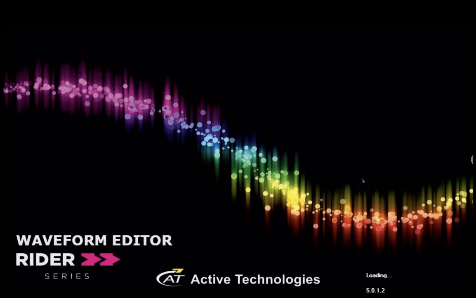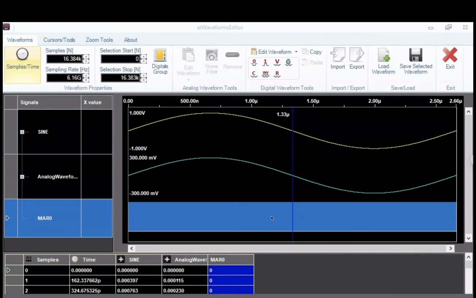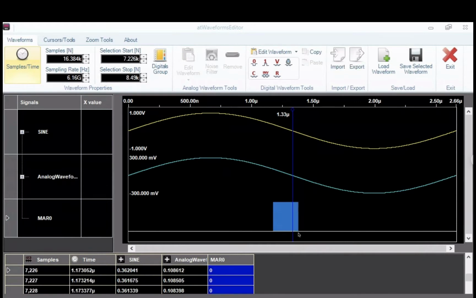The waveform editor allows you to draw the shape or the transition of the marker signal, and you can synchronize it with the analog channels that are created in the first two rows of the editor.